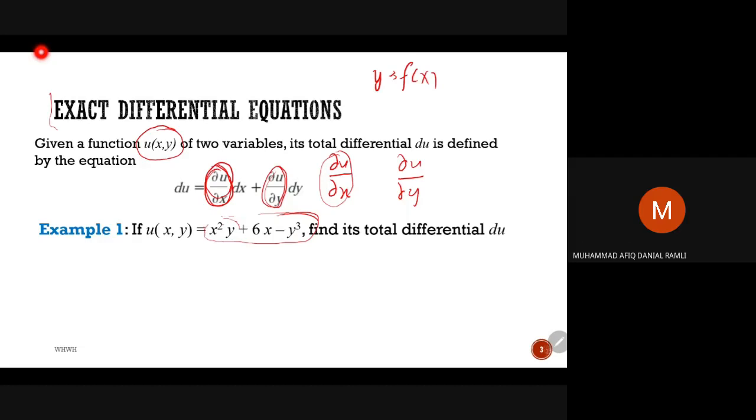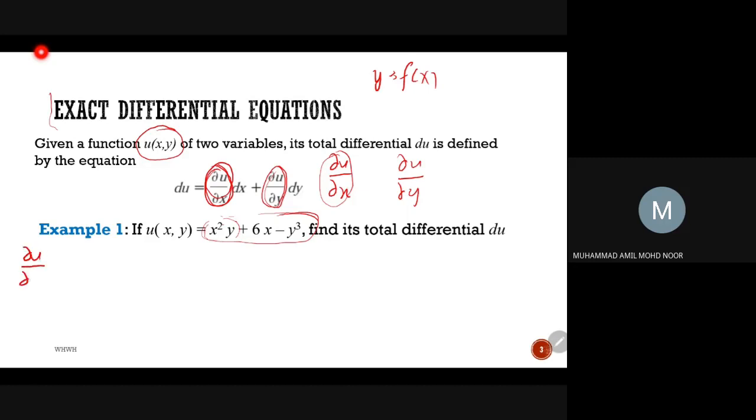This is our first term, x square y. Then maknanya total kita ada berapa term? Three. Yeah, 3 terms. We have 3 terms, right? So for each of the term ni, maknanya untuk dapatkan del u sekarang ni, del u over del x, okay,